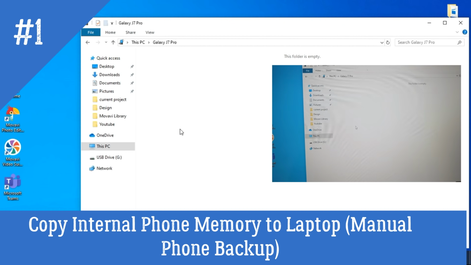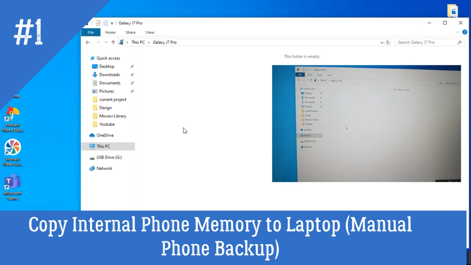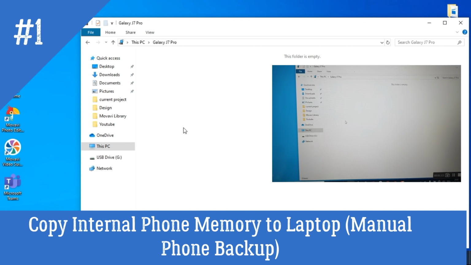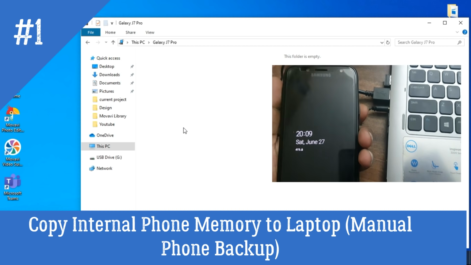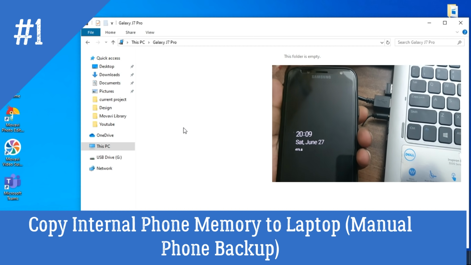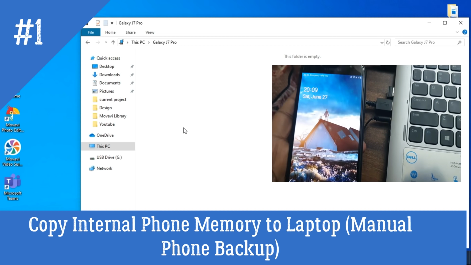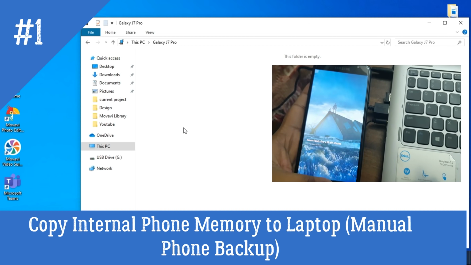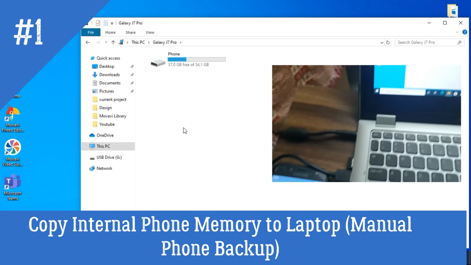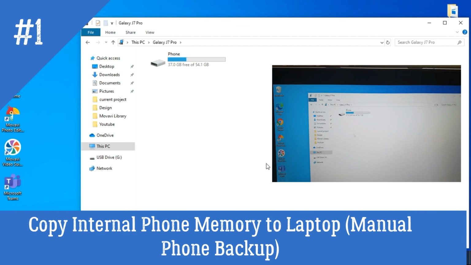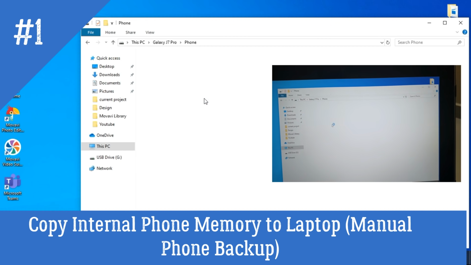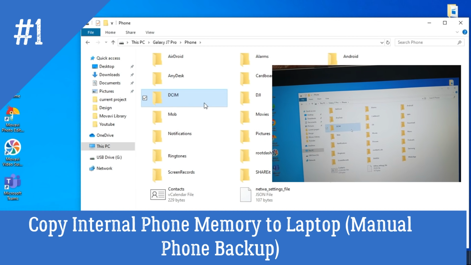Just click on it. You can't see any drive in that. If your mobile is locked, then the folders won't be visible. Just unlock that, then you can find the phone memory.